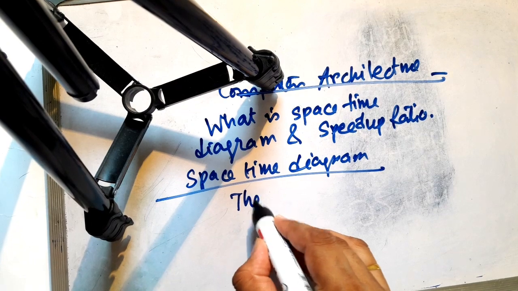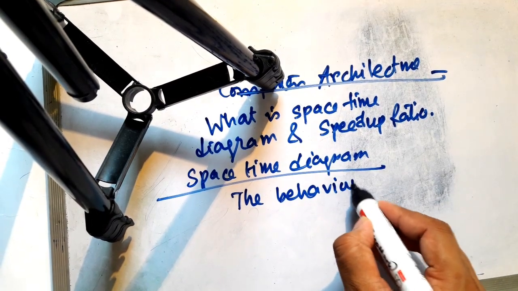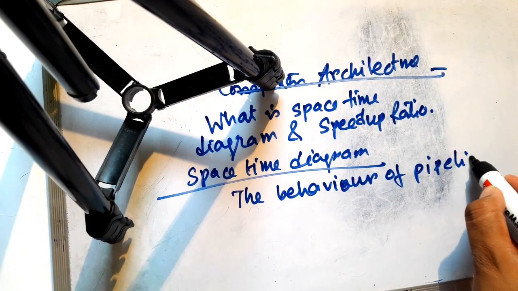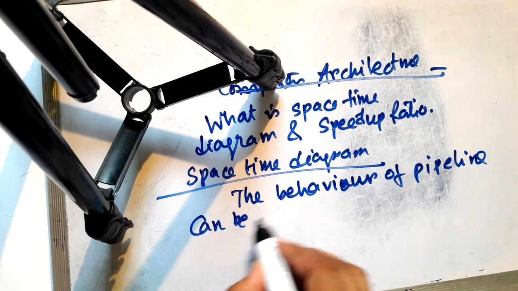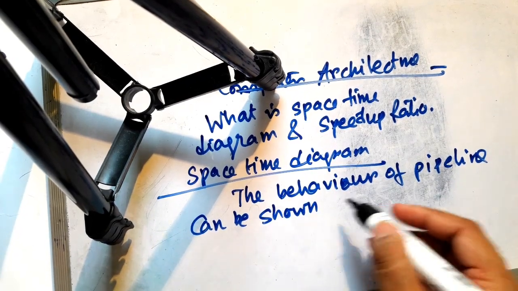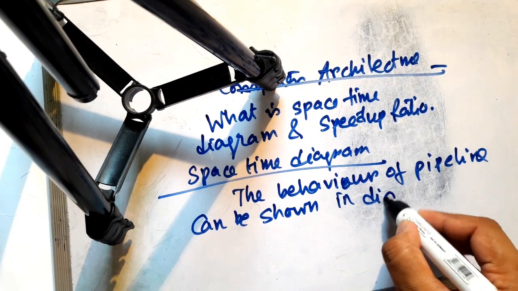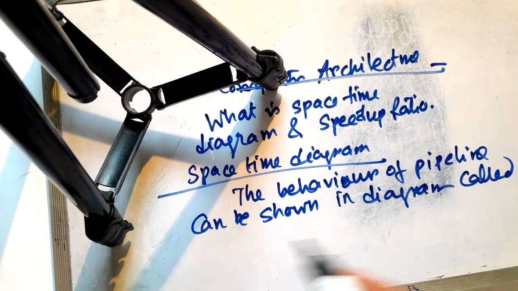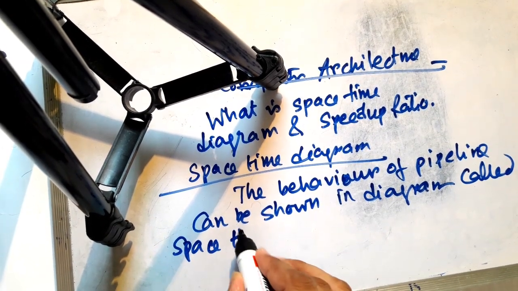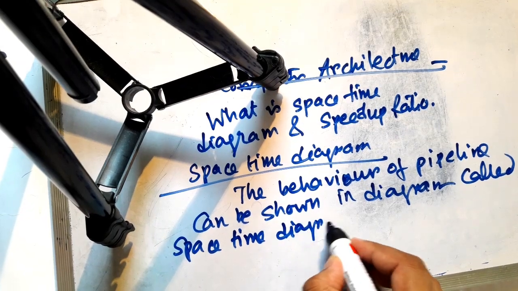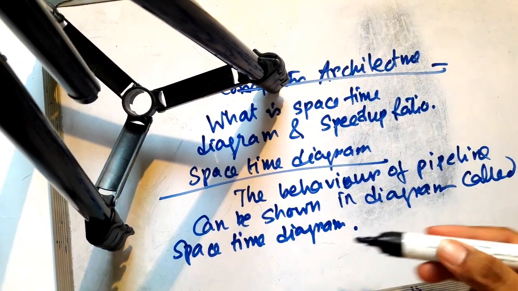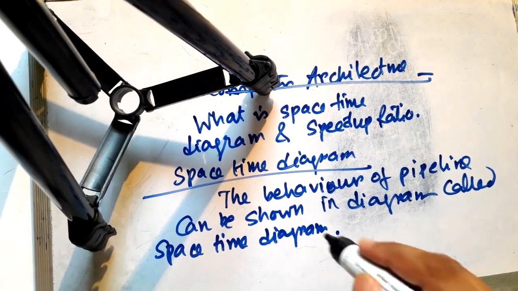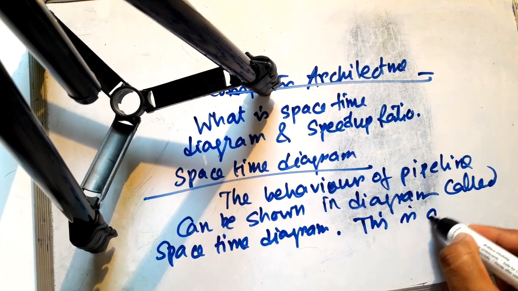The behavior of the pipeline can be shown in a diagram known as space-time diagram. This is a diagram